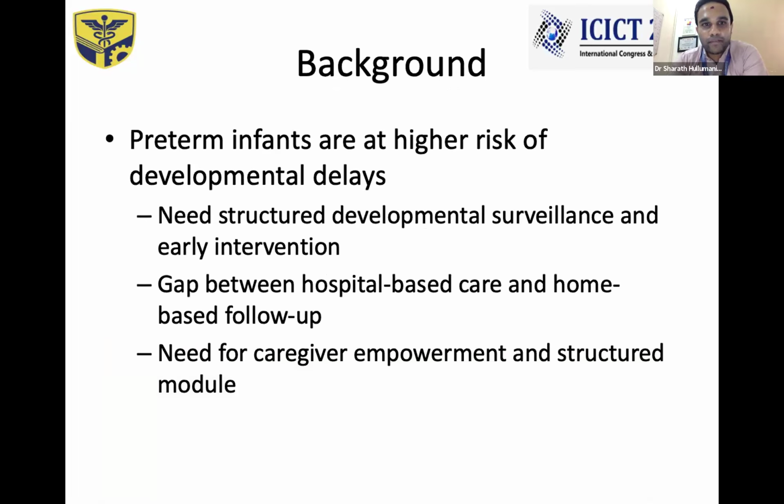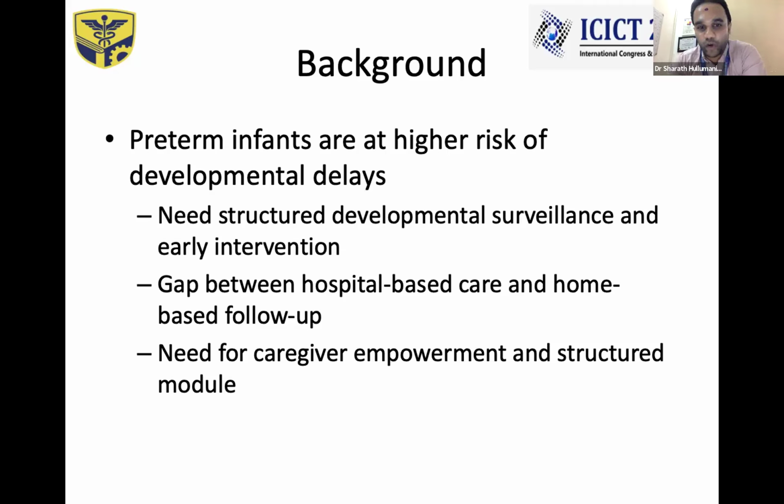Coming to the background, why I took preterm infants. Preterm infants are at higher risk of developmental delay. This was the first problem, and the second one is that for this developmental delay we should have structured developmental surveillance, and also early intervention as well as early identification. And the second important gap I found was